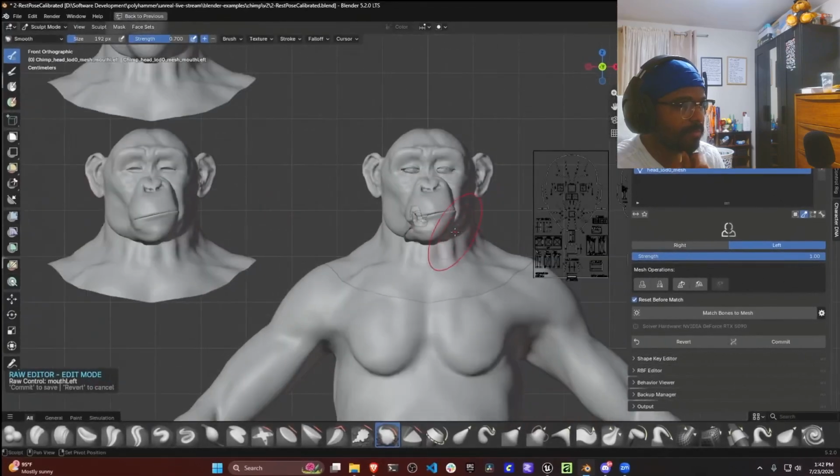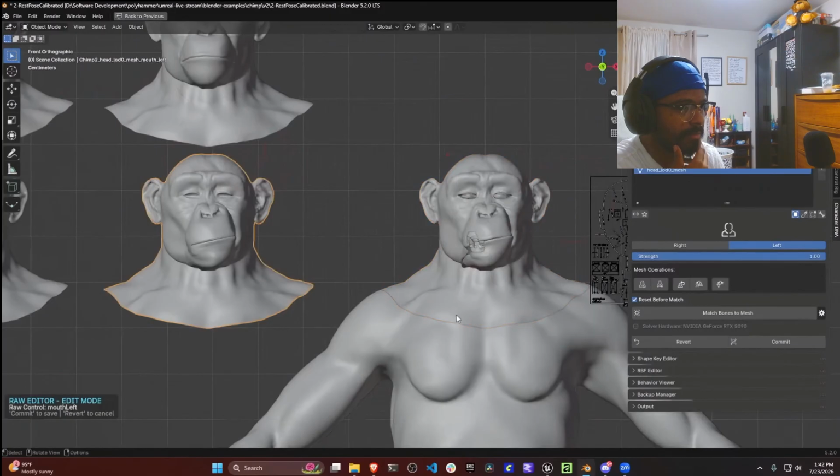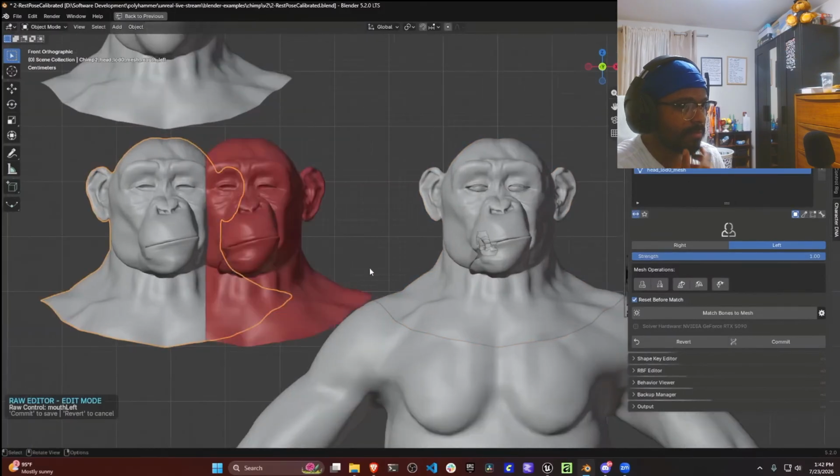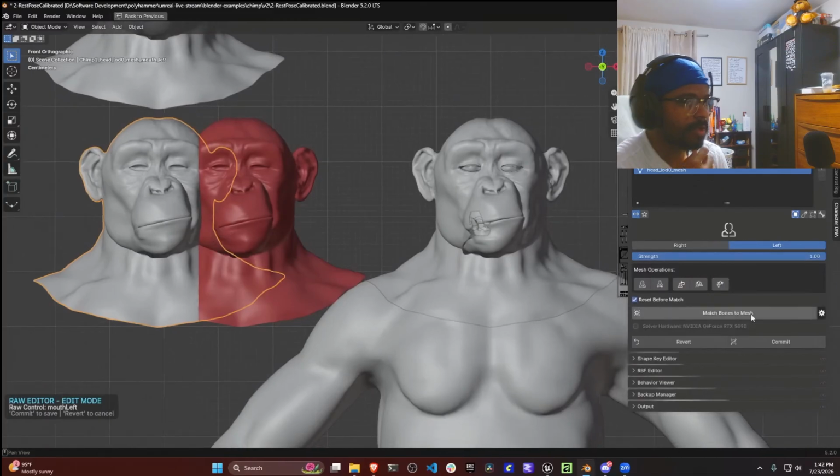But what I'm going to do is the object select here. I'm going to do that offsetting again so we can see the target mesh. I'm going to use this paste from selection option. So do you see how I just fixed that? I'm going to trigger